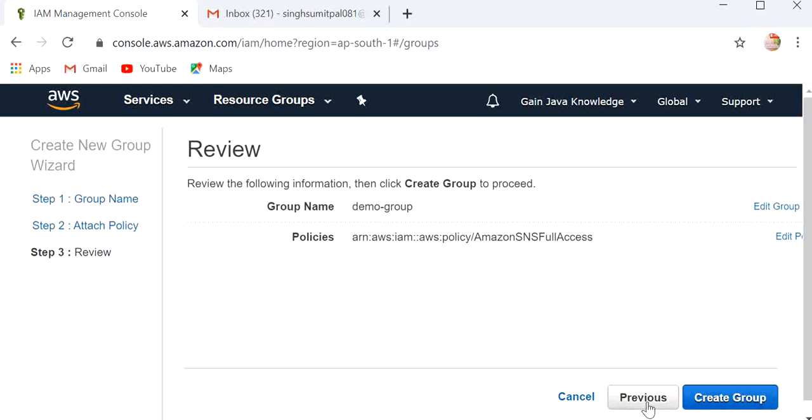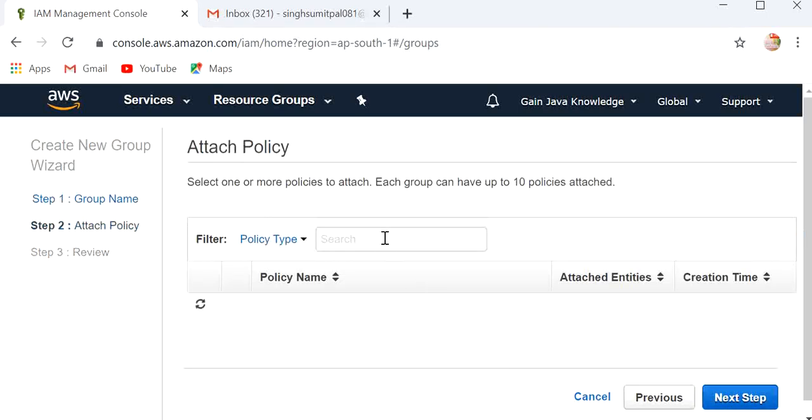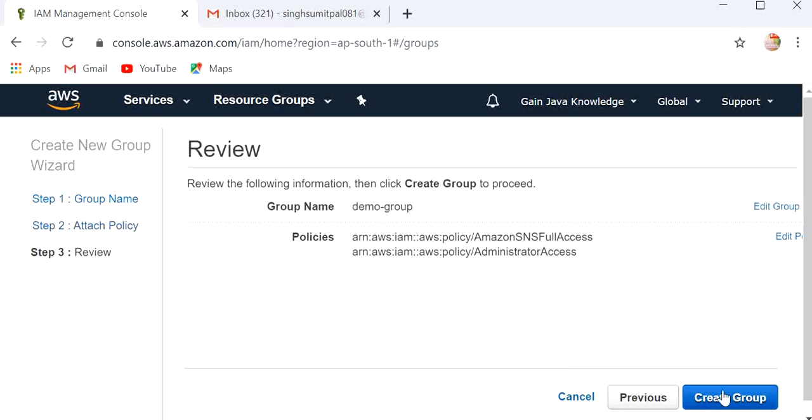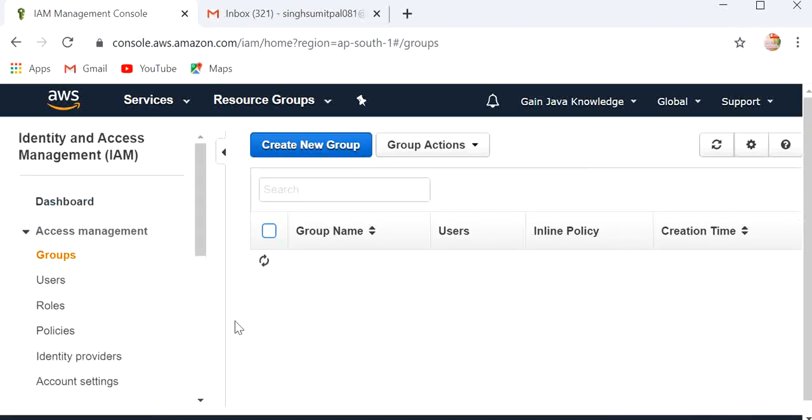Next, another is administrator access. Now we have added two policies. Now I will click on create, and the group is created.